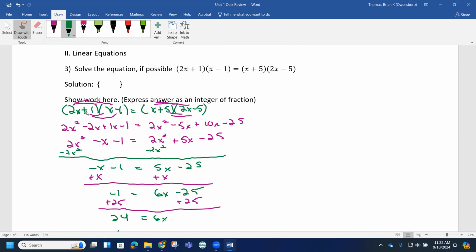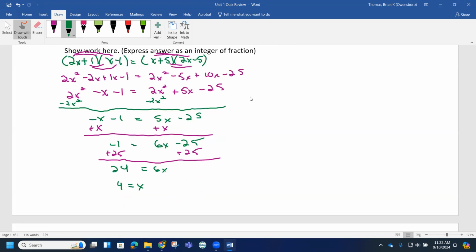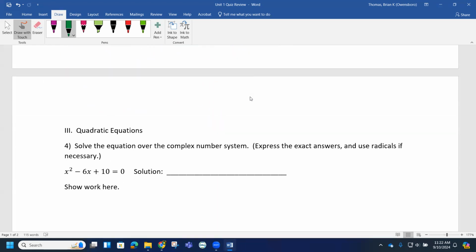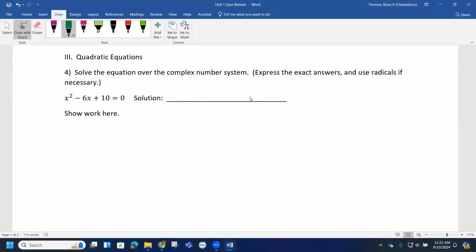So up here in my little braces, I would be putting a 4 in as my answer. So the answer is actually an integer, not a fraction. Even though it kind of looked quadratic, it turned into a linear equation. So linear equation strategies came into play. So the next thing we have is a quadratic